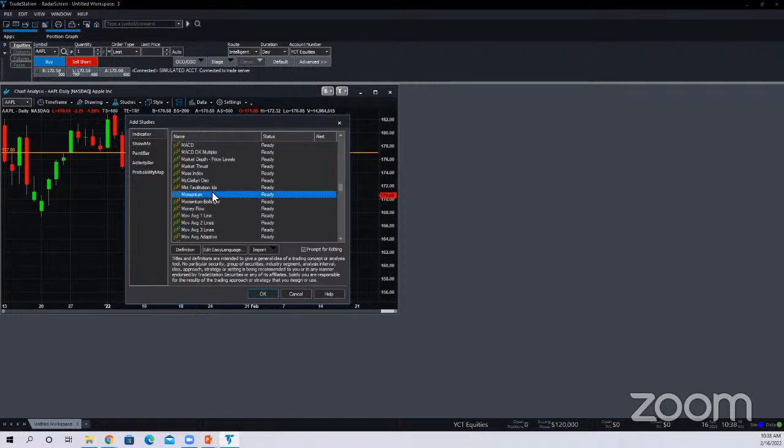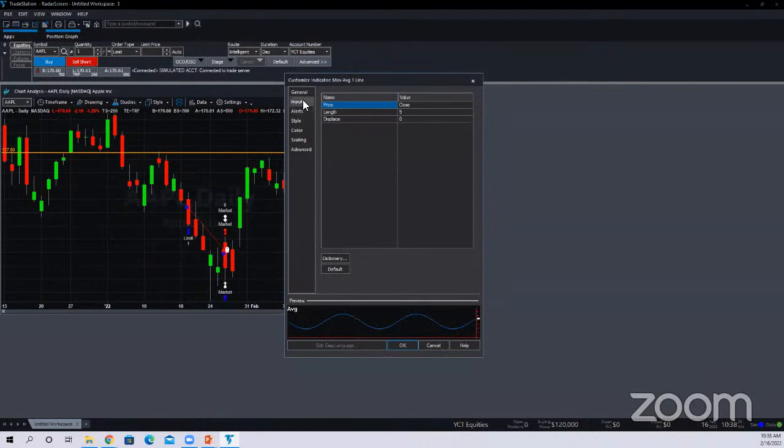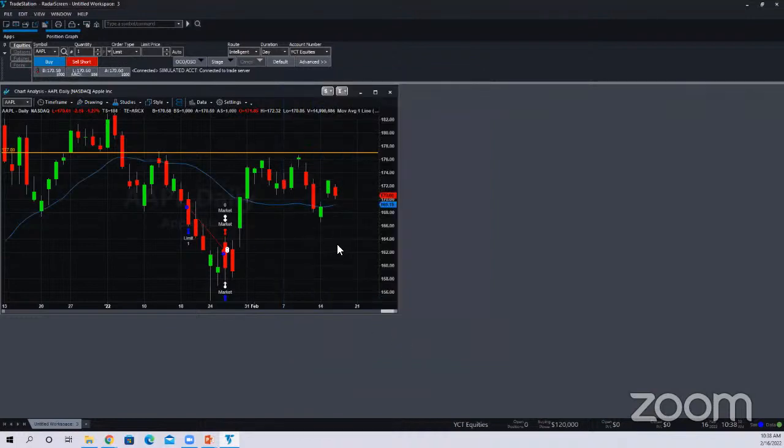For example, we'll just do a simple moving average. So you can add your moving average. You can choose to prompt to edit the moving average, and you can customize the different inputs in different fields, and you can place your indicator. For example, let's say we want to change the length to something else. You can, and there it goes. It plots right on there. So that's pretty much how you can drop in an indicator or a drawing,